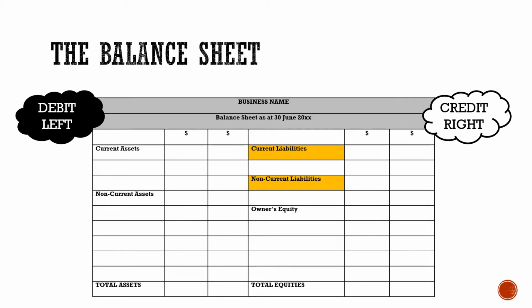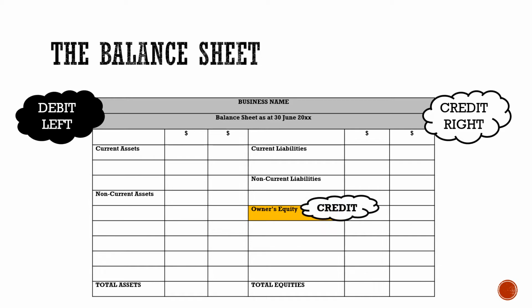On the right-hand side of the balance sheet, we have current liabilities and non-current liabilities. Since credits are to the right, all liabilities have a credit nature. On the right-hand side of the balance sheet, we also have the owner's equity. And since it's on the right and credits are to the right, we can establish that the owner's equity also